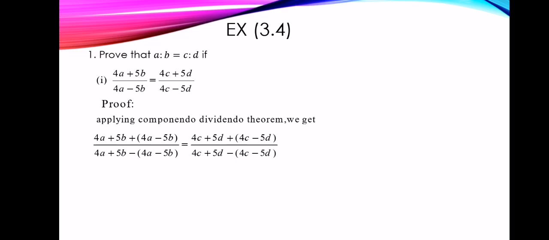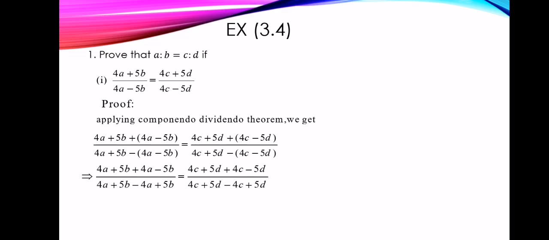Applying componendo dividendo theorem, we get 4A plus 5B plus 4A minus 5B whole divided by 4A plus 5B minus bracket 4A minus 5B is equal to 4C plus 5D plus 4C minus 5D whole divided by 4C plus 5D minus bracket 4C minus 5D,